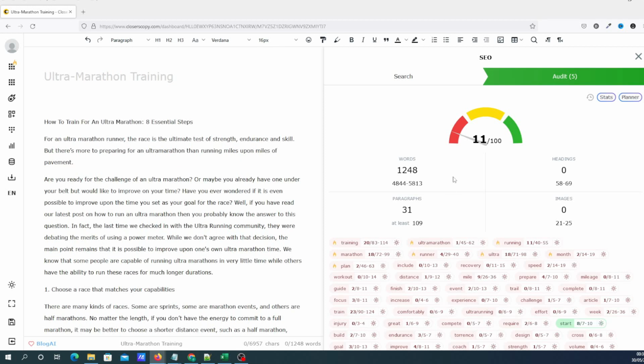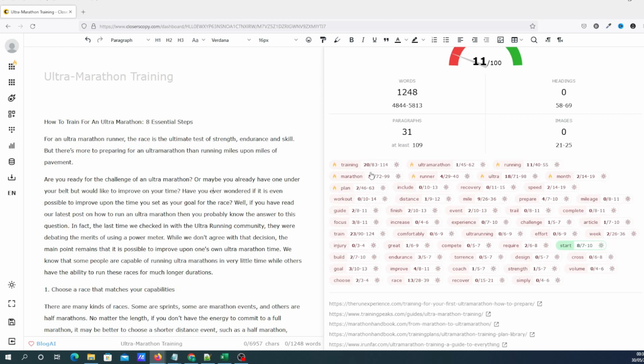So in order for us to rank, we've got a word count here. We've got 1,248, but we need around 4,800 to 5,800 words. So we know that we've really got to flesh this out an awful lot. The idea of what I just showed you in the previous section is to create your first draft of your article. Now, obviously use Closerscopy more, the tool that we've got here, and go back in and flesh this content out. But what's more important is we add all of these NLP keywords here, because